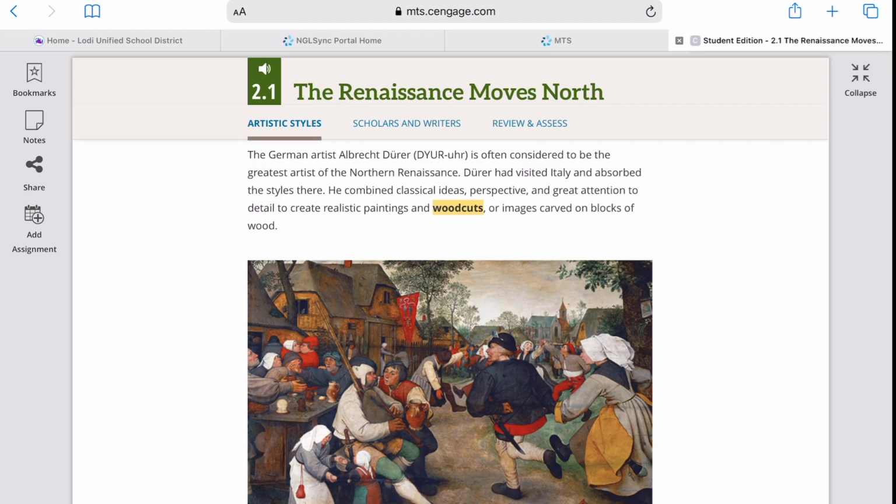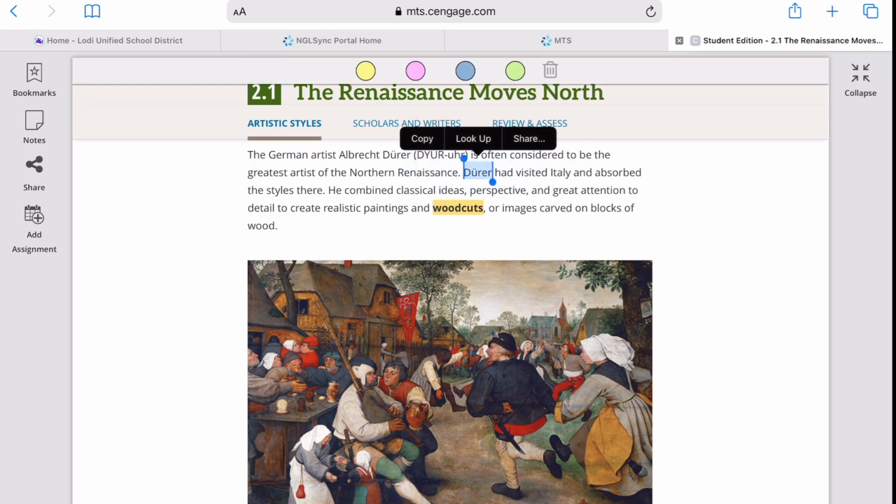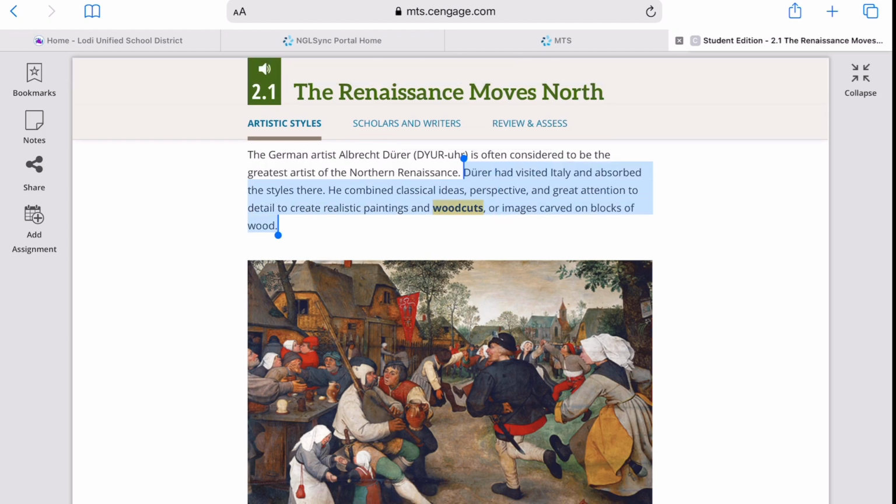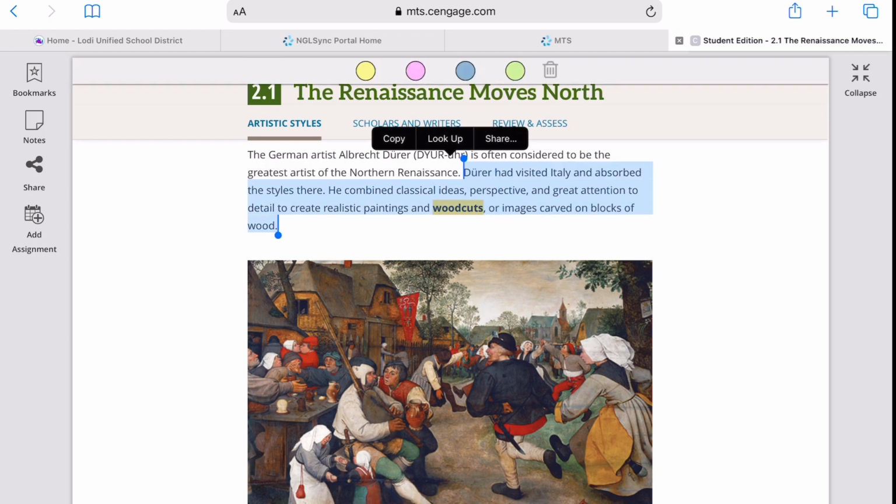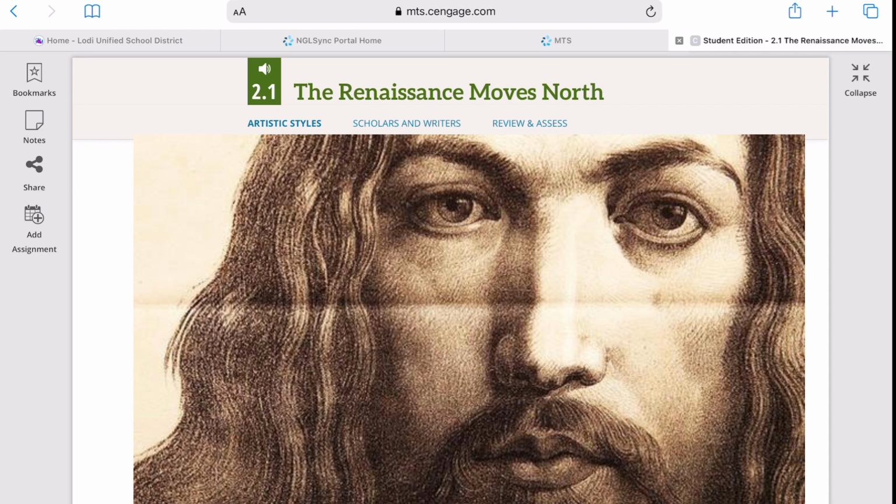The trade of ideas didn't go in only one direction. Another Northern European artist, a German by the name Albrecht Dürer, is often considered to be the greatest artist of the Northern Renaissance. Dürer visited Italy and absorbed the styles there. However, he combined classical ideas, perspective, and great attention to detail to create realistic paintings and woodcuts or images carved